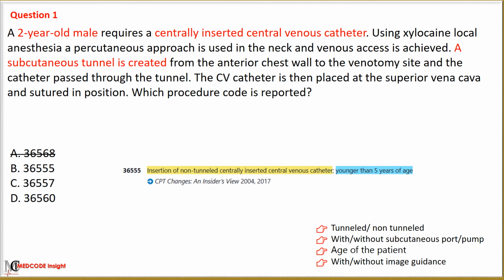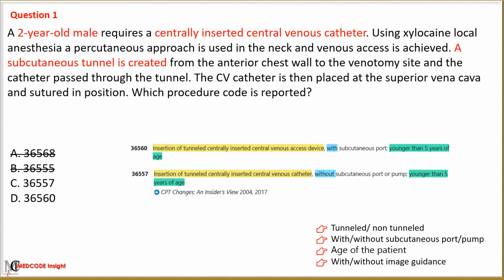For centrally inserted catheter, we further eliminate options based on four keywords: tunneled, non-tunneled, with or without subcutaneous port or pump, age of the patient, and with or without imaging guidance. As in the scenario a subcutaneous tunnel is created, we eliminate option B with code 36555, used for insertion of non-tunneled centrally inserted catheter.